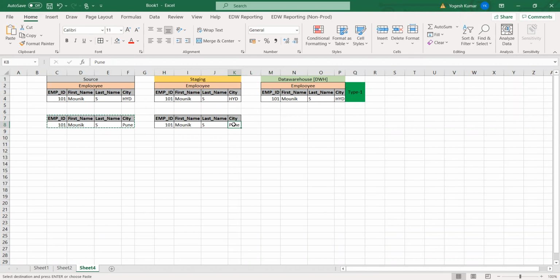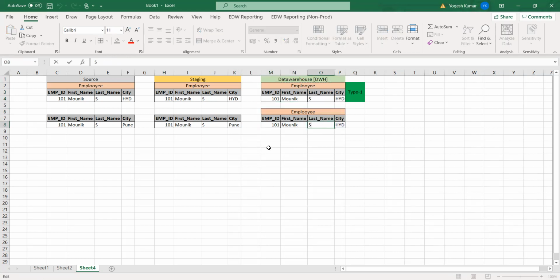Now you have this Type 1 table in the data warehouse, and this is your data. It will first check whether this employee ID exists. Yes, it already exists. Then it will check in which column there is an update: first name, last name, or city.